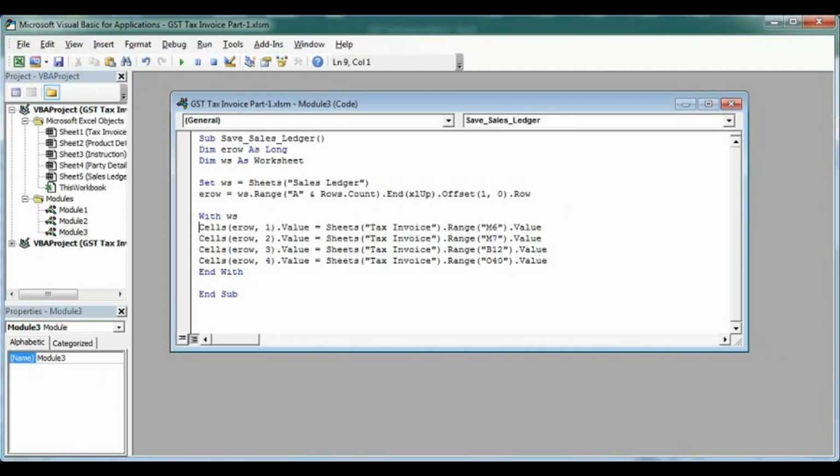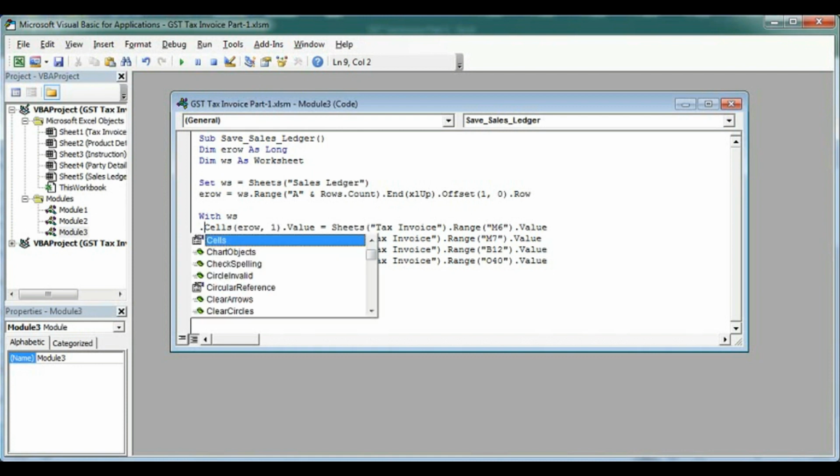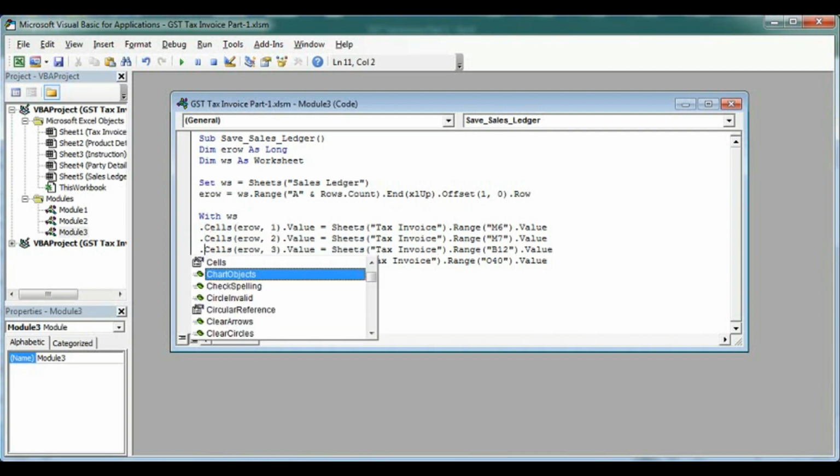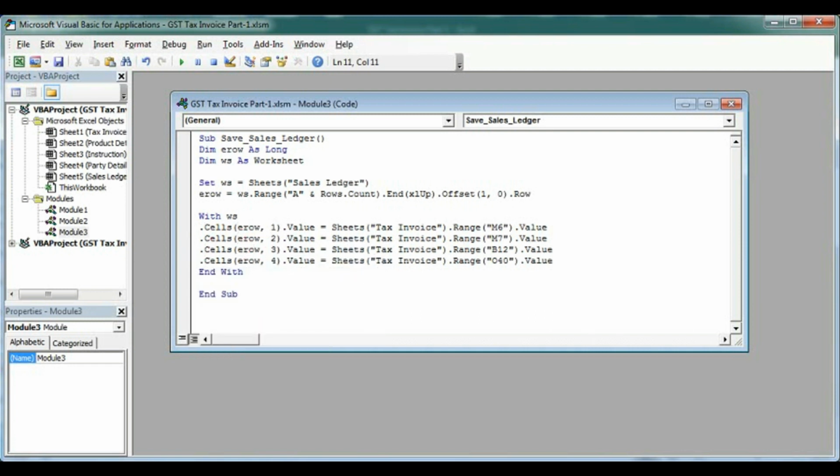So the problem is here, as we have given with WS, so we have to put here dot. Yes, now it will work.